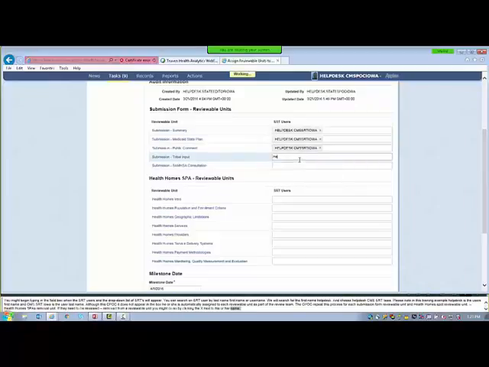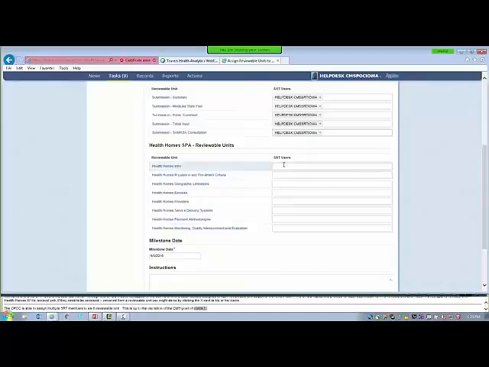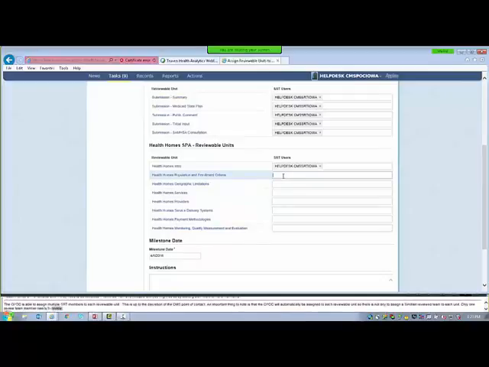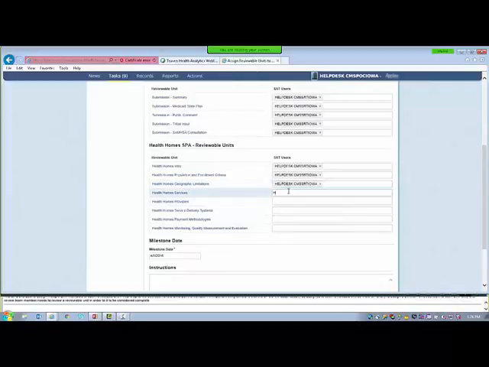The CPOC is able to assign multiple SRT members to each reviewable unit. This is up to the discretion of the CMS point of contact. An important thing to know is that the CPOC will automatically be assigned to each reviewable unit, so there isn't a need to assign a submission review team user to each reviewable unit. Only one review team member needs to review a reviewable unit in order for it to be considered complete. This may take a couple seconds here as we fill out the SRT users.